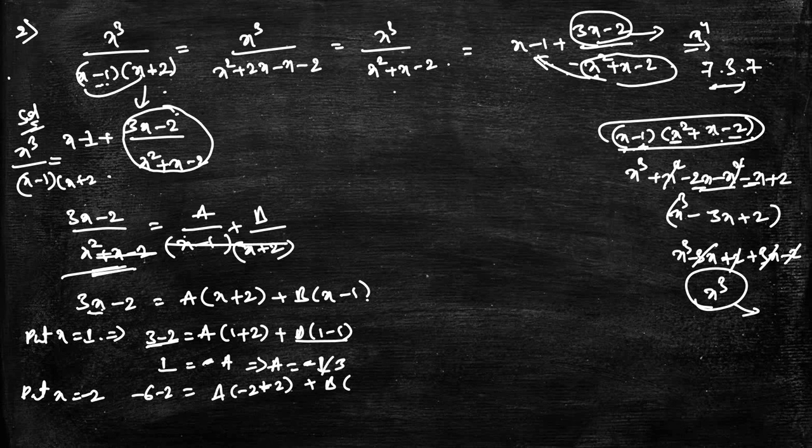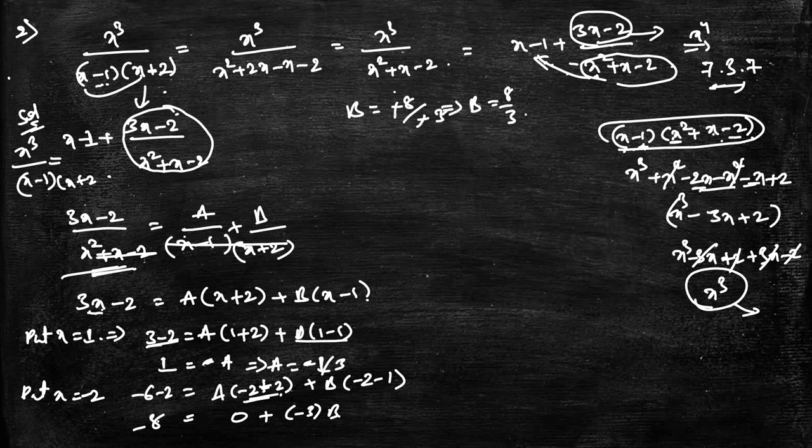So this is plus 1, okay, I got the value here. 2 minus 2 minus 1 will come here, so 8 will come here, minus 8, and it will become minus 2 plus 2 equals 0. Here minus 3 into b will come here. So b is equal to 8 by minus 8 by minus 3, minus minus will get cancelled, so b is equal to 8 by 3. So I will substitute these a and b values in this equation.